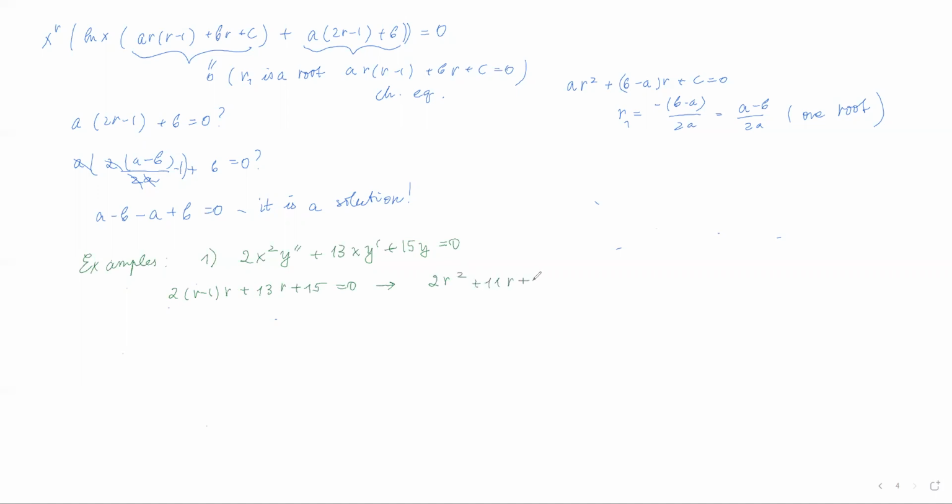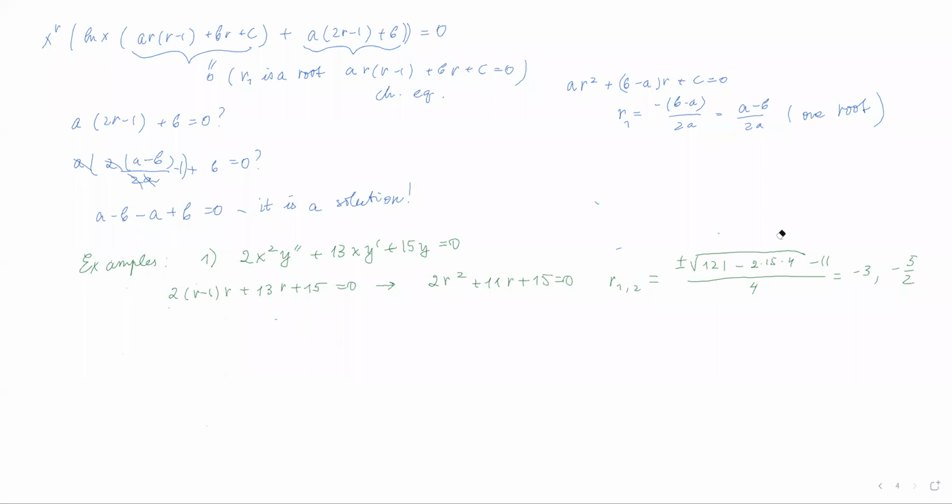I'm simplifying everything, plus 15 equals 0, which is going to give us r1,2 equals plus minus square root of 121, 11 squared, right? Minus 2 by 15 by 4, divided over 4 because it's 2 over here, right? Which is going to give us minus 3 and negative 5 over 2. Well, here 121 minus what? 30 by 4 is 120, so it's 1 actually, right? So we have 1 here, plus minus 1, minus 11.